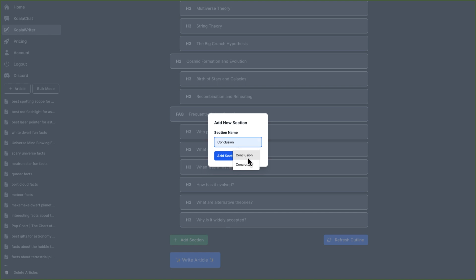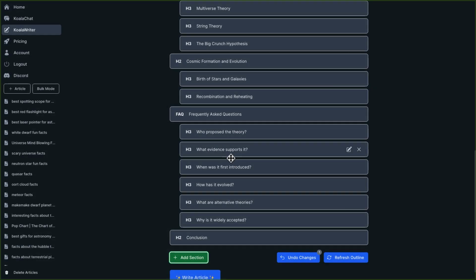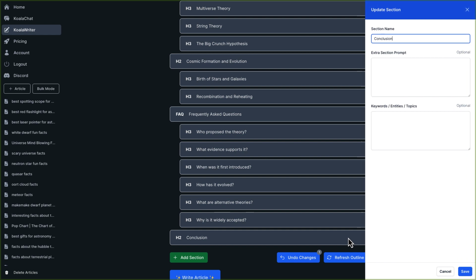We're going to go ahead and do that. Let's make sure I spelled conclusion correct. I think that is correct. Add that section. Also inside of Koala at any time, you can go ahead and click edit, and you can